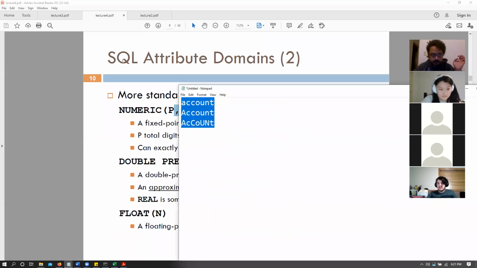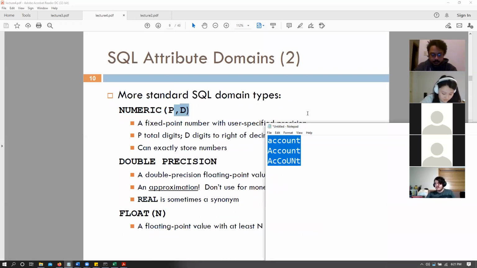Let me type it. So numeric 10,2 means that we have 8. Let me give you an easier example. 4,2. That means that in total we have 4 digits, and after the decimal place we have 2 digits.